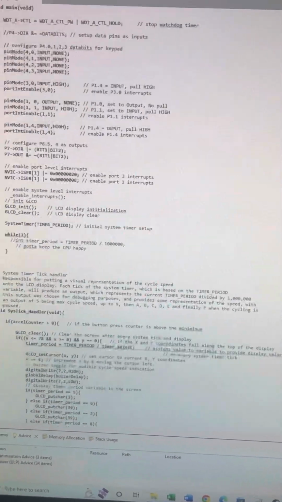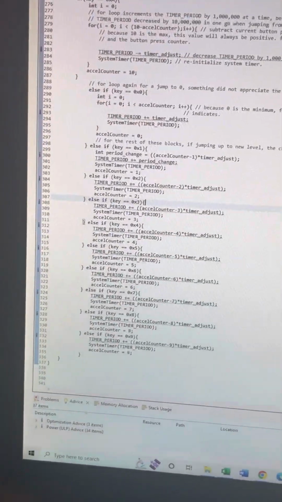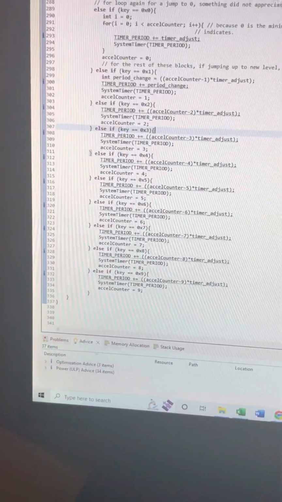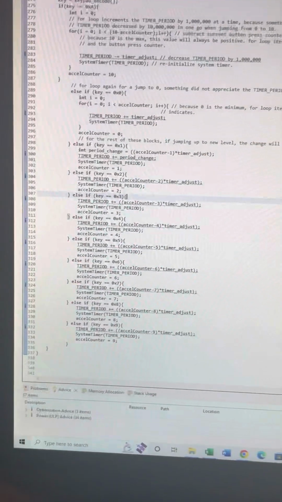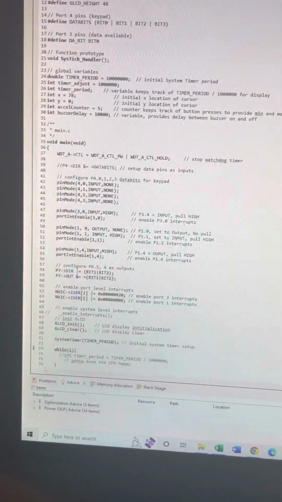Those are all in my driver file so that I can keep my main file clear. Because at one point, before I did all that, I was up to 800 or 900 lines of code. It was just getting really messy, so I moved it all to my driver file. So the flow of my code